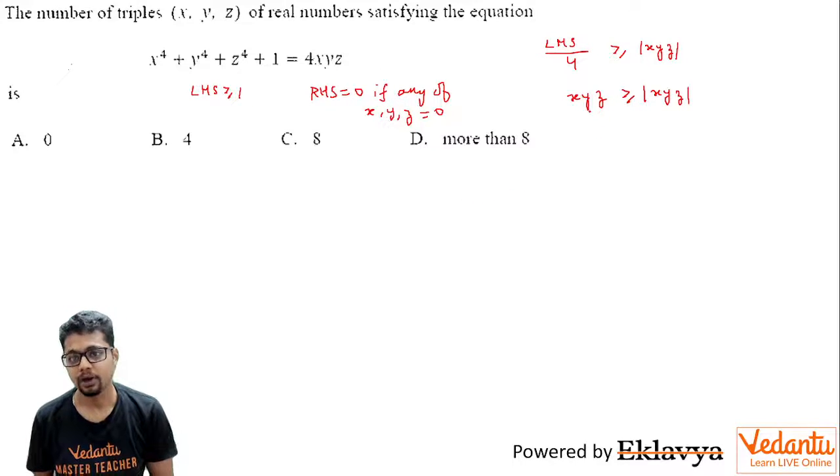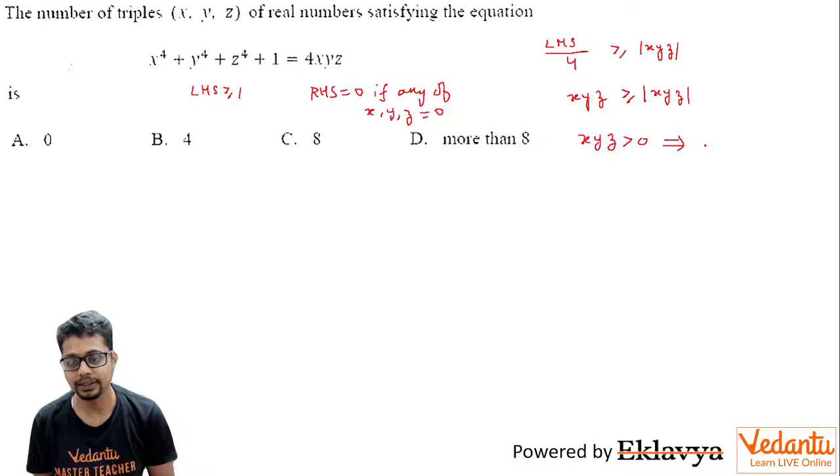Now having applied AM greater than equal to GM, I get xyz greater than equal to mod xyz. Here if xyz is negative, then this will never hold. Of course xyz is not 0. That's what we have just now concluded. So that means xyz has to be positive only. So xyz has to be positive, and if xyz is positive, then what you get is AM equal to GM,